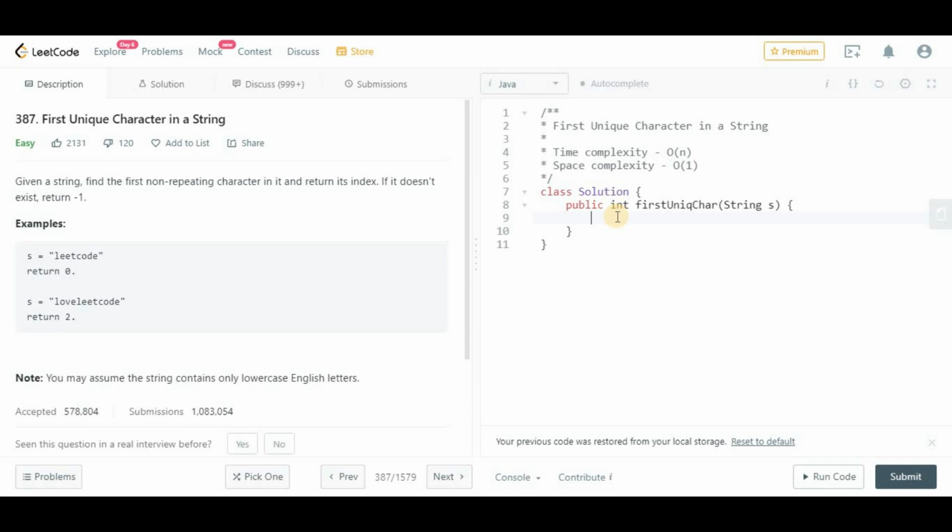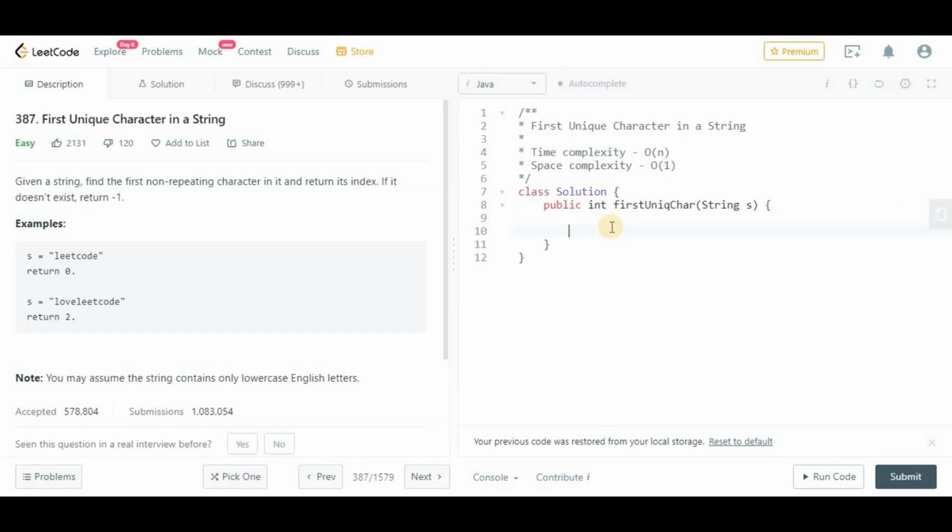Yeah, let's try to see if it doesn't exist, then return -1, like the edge test case for it. Let's try to code it. If s is equal to null, or s dot is empty, right?